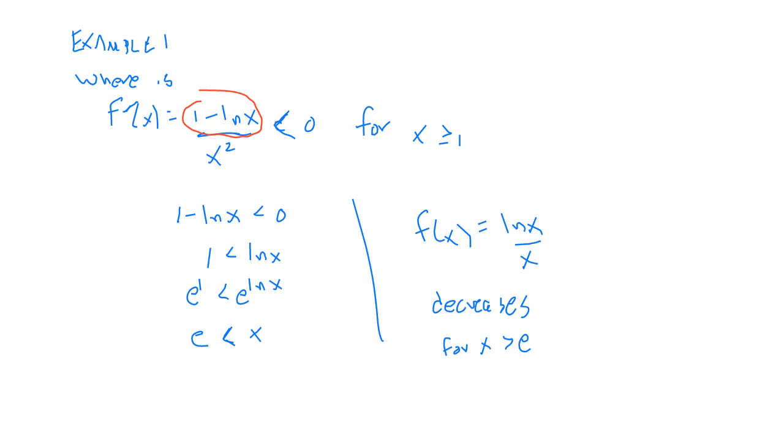So that means that eventually the function will be decreasing. So it doesn't matter what the function's doing when x goes from 1 to e. It doesn't matter. In other words, what I'm trying to say is